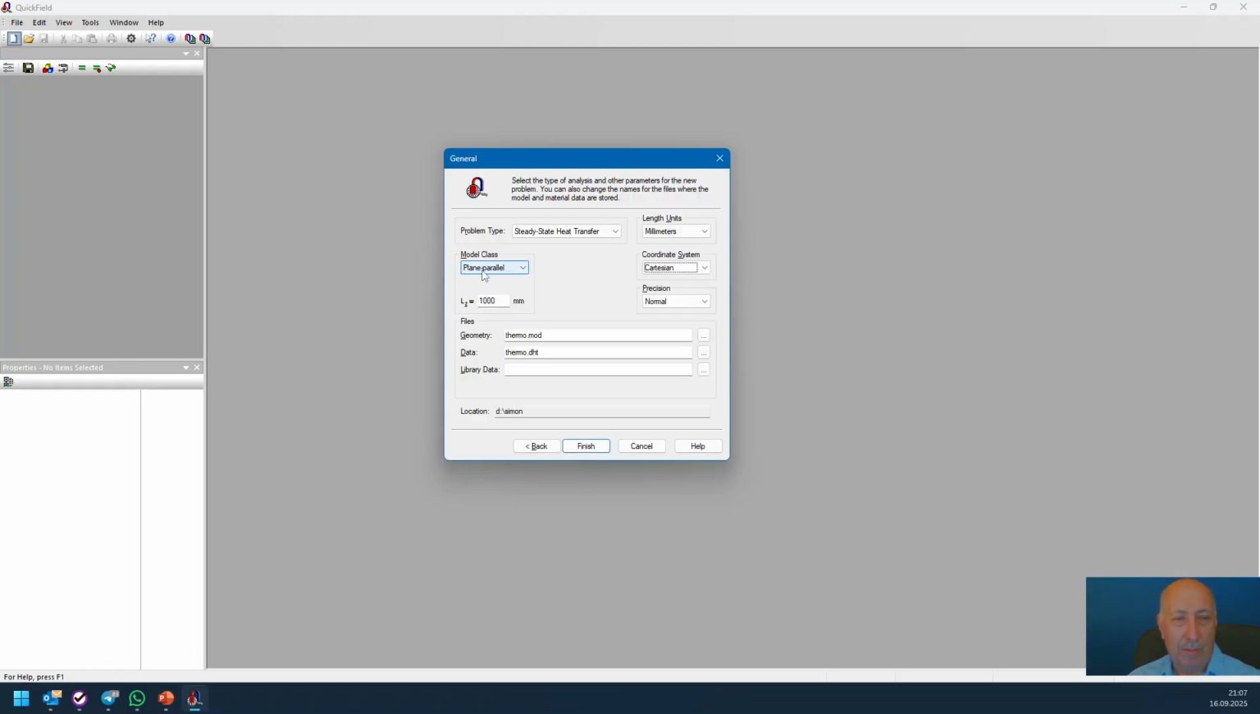If our problem is plane parallel, we have here a control for entering lengths in the direction out of plane. It is by default 1 meter, but it can be set to any value we want. For example, now I'll set it to 50 millimeters. What's more,